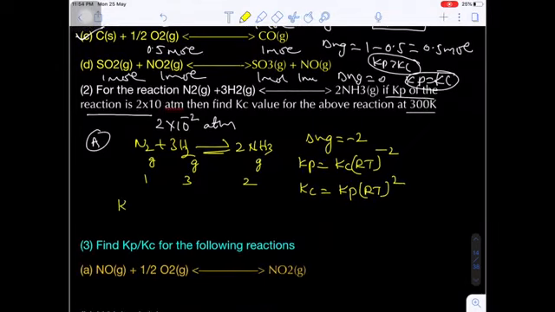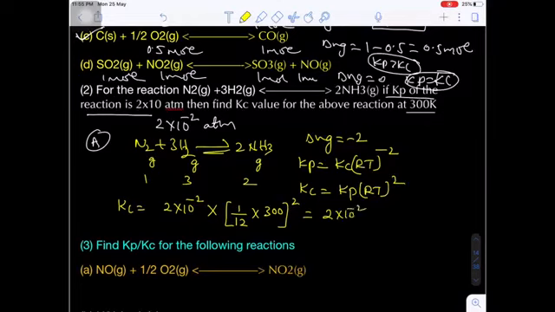Now here Kc is equal to, what is the Kp? 2 into 10 raised to minus 2, into what is the R value? I told you 1 by 12 for simplification, into what is the temperature given to you here? 300 whole square. So 2 into 10 raised to minus 2, 2 into 10 raised to minus 2. Here 3 terms will be cancelled.